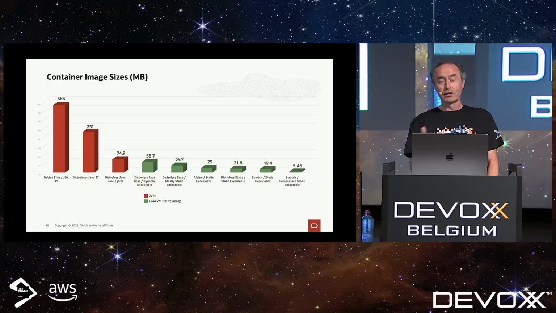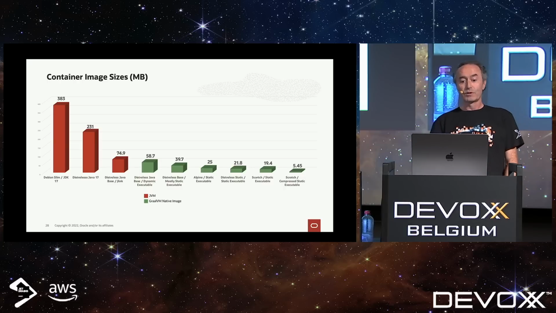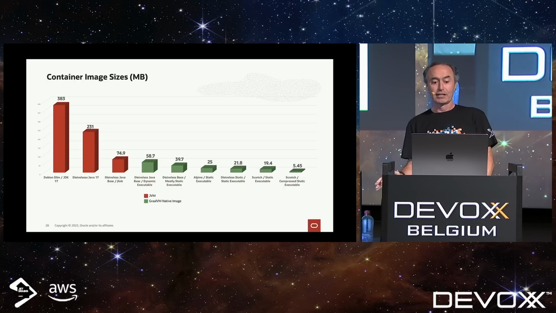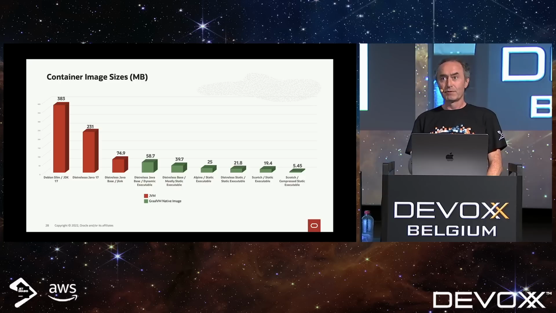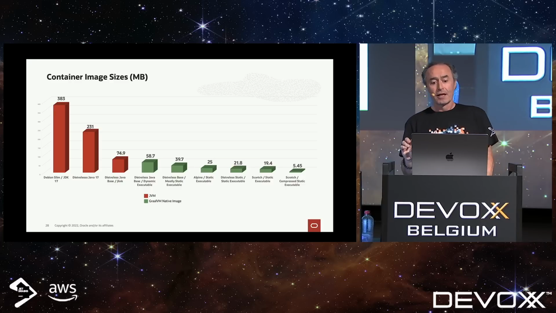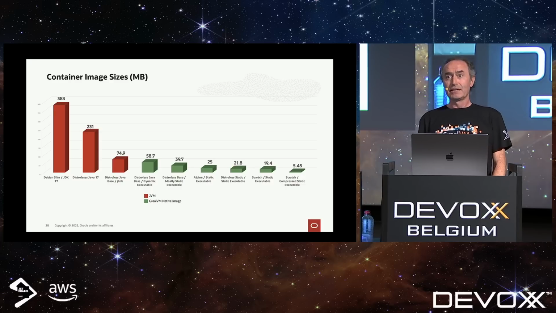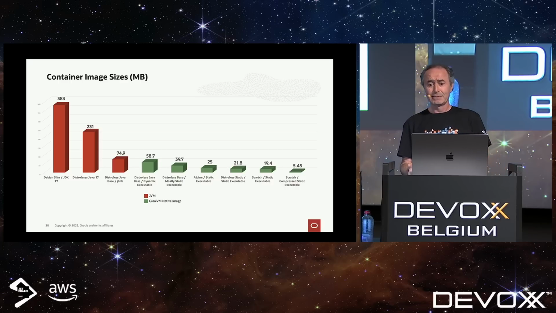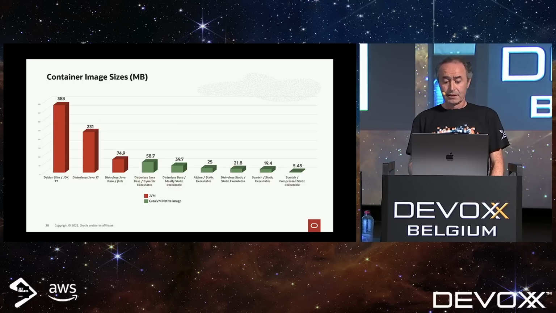We switch from the red to the green there when we move to GraalVM Native Image, and we continue to reduce the size of the application. We then start using some of the GraalVM Native Image linking options to tune it down. What's interesting was that when I statically link the application, it's much smaller than having it dynamically link in glibc, because that's quite large. With musl, the application doesn't seem to change much in size when I link in the required musl bits. So it's a huge difference, right? 385 meg down to